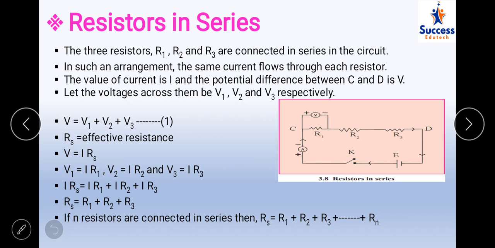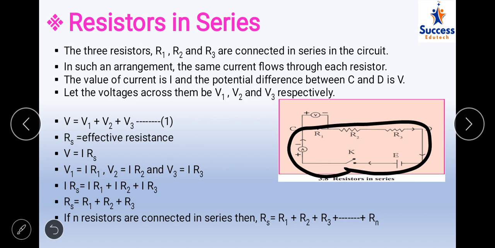The current through the entire circuit will remain constant, and only one single current will flow, that is I. But the potential difference across each of the resistances will be different. So V is defined as V is equal to V1 plus V2 plus V3. This is the property of resistances connected in series. You should remember that the current remains constant, and the voltage gets distributed between the three resistances. So voltages are V1, V2, V3, whereas the current through all of R1, R2, R3 is I.